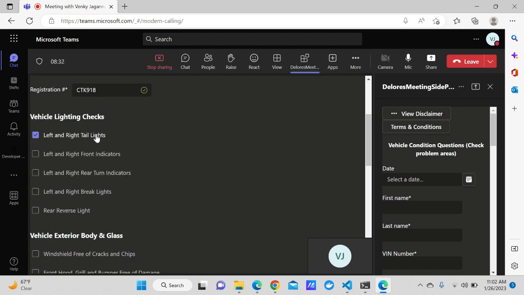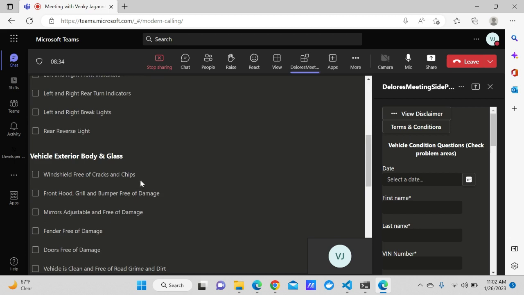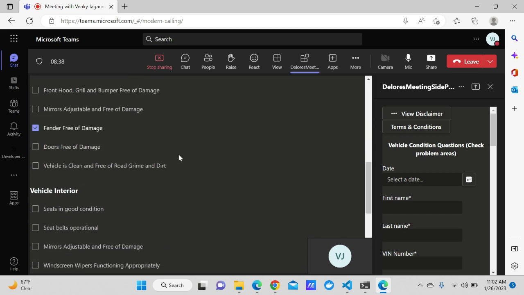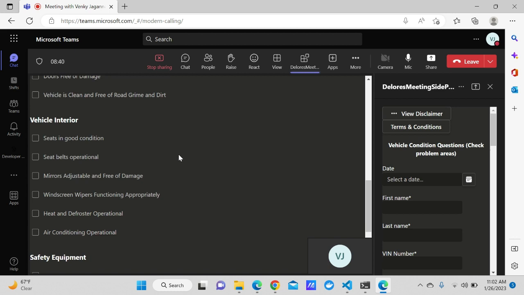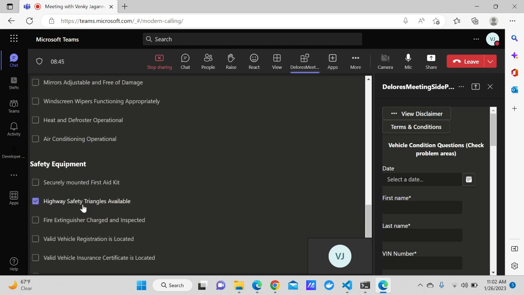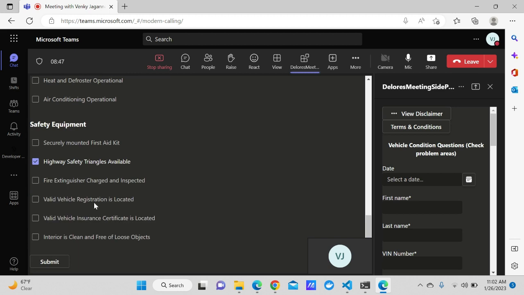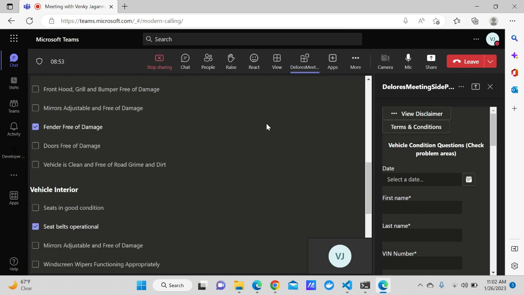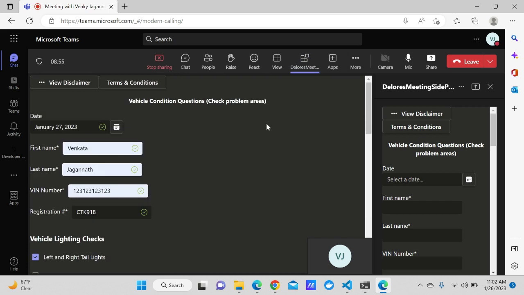Let's say the taillights are not working. We are working with the customer to show you them. The windshield is having some cracks. The fender is having some issues, and seat belts are probably not working, and triangles are probably missing. You can do this inspection and you can submit, and you can see that the condition report has been recorded, right? But I would say it is a little bit repetitive when compared to the old video,